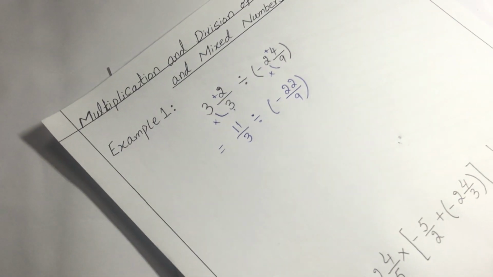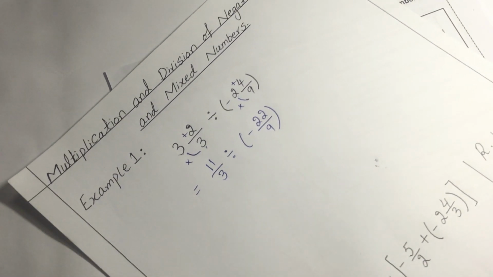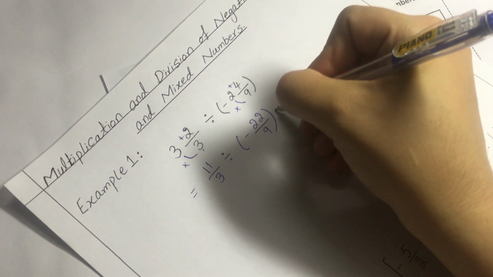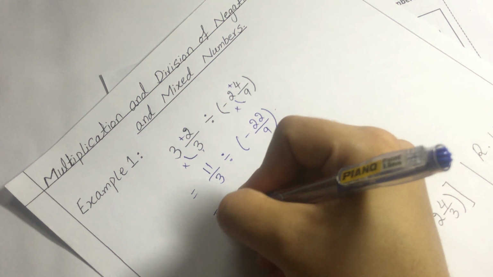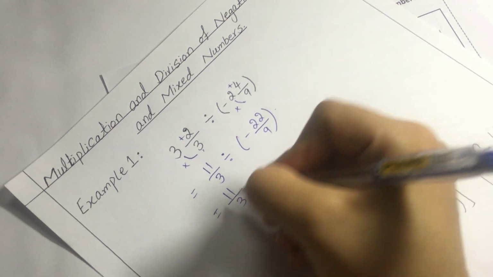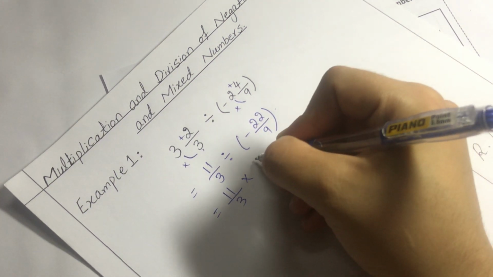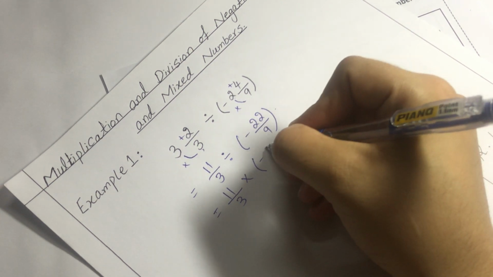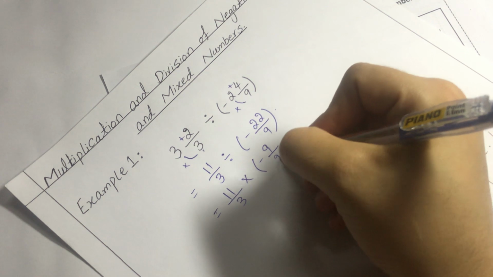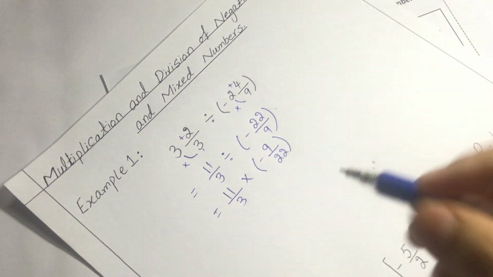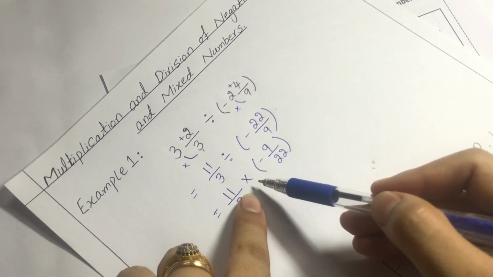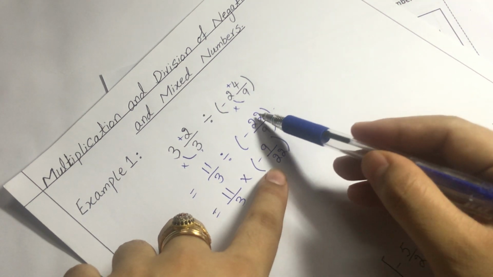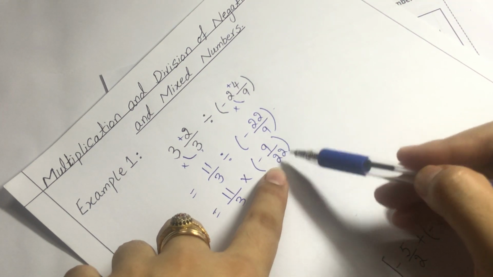The next step, as we have done in the previous lesson, what we will do first, we will change this division sign into a multiplication sign and we will calculate the reciprocal of the second fraction, right? Division sign into a multiplication sign and the reciprocal of the second fraction, 22 over 9, will be 9